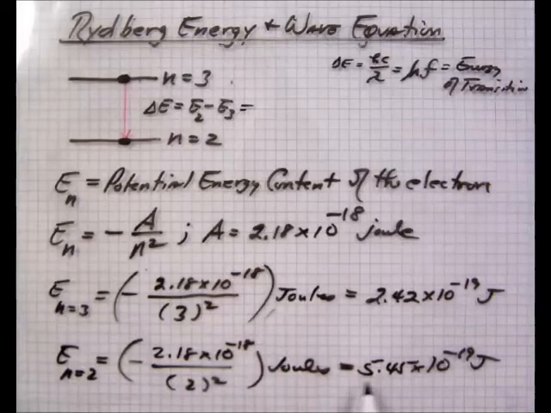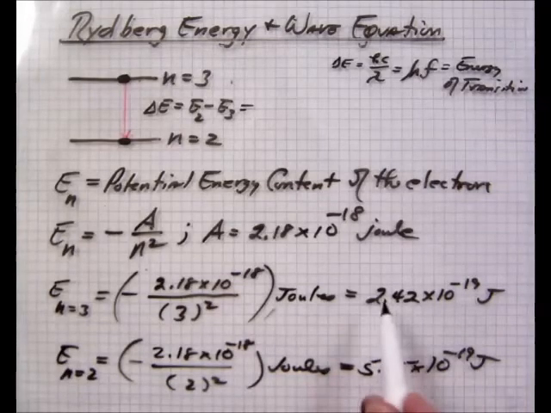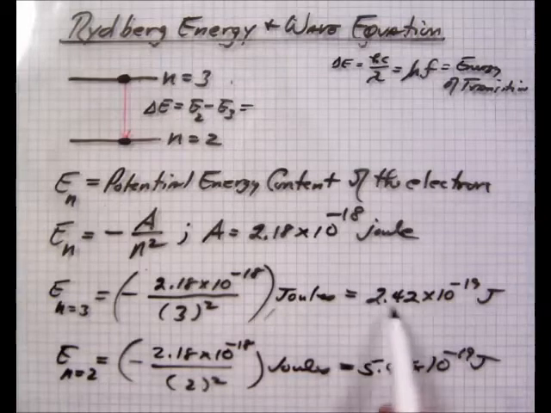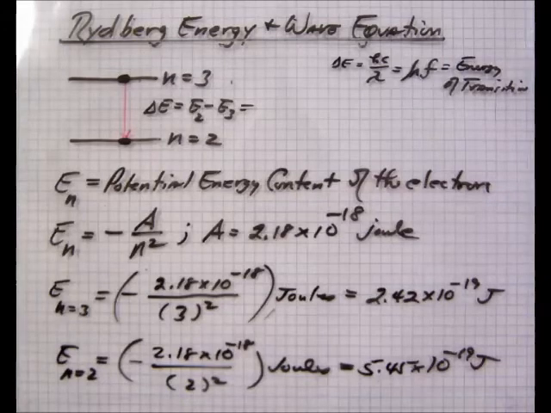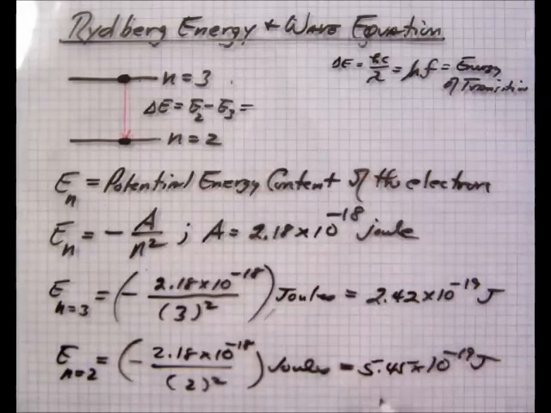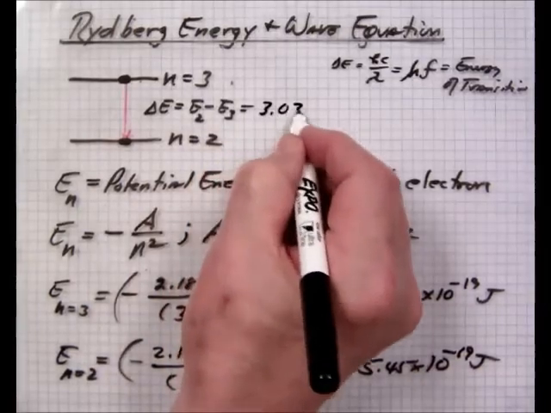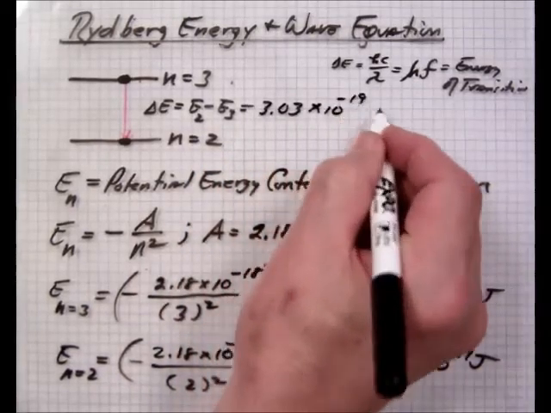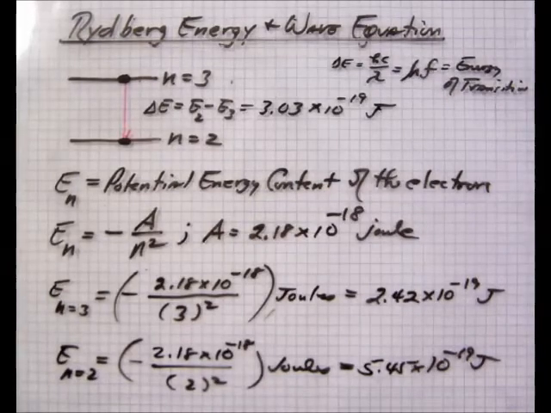So that's taking the difference in these two and seeing what that energy is. So that'd be 5.45 times 10 to the minus 19th minus 2.42 times 10 to the minus 19th. As it's falling, it's always exothermic. Going up is endothermic. Whether you calculate it right, the difference in the two gives you the energy number, but you always put a negative on it, because it's falling. And so that gives us the difference in these two, 3.03 times 10 to the minus 19th of a joule. And that's called the transition equation.